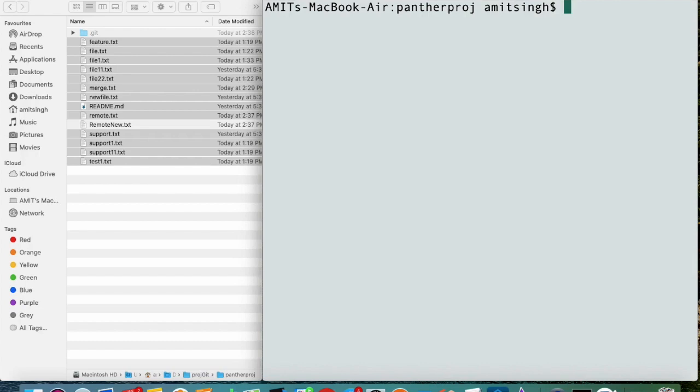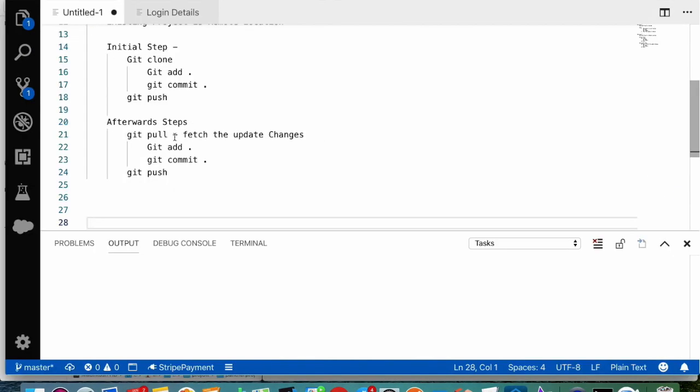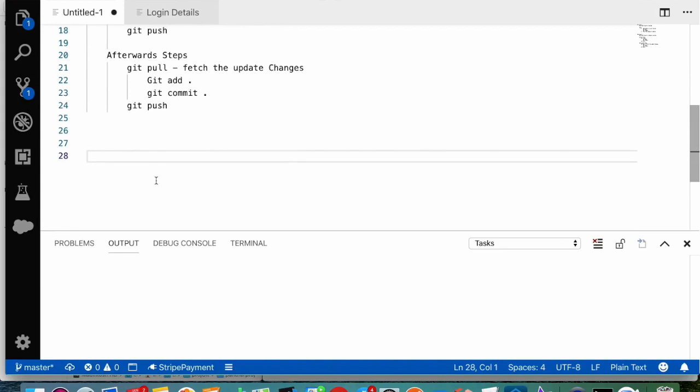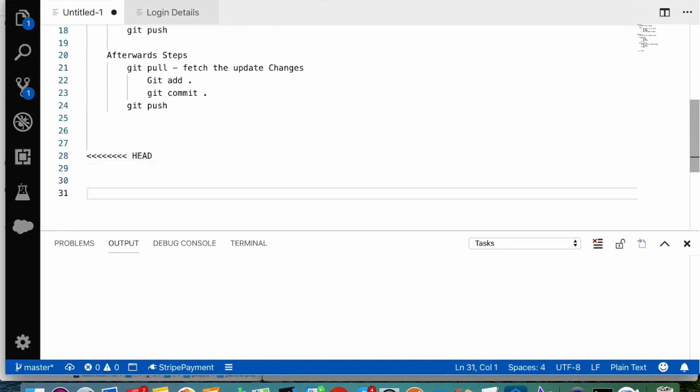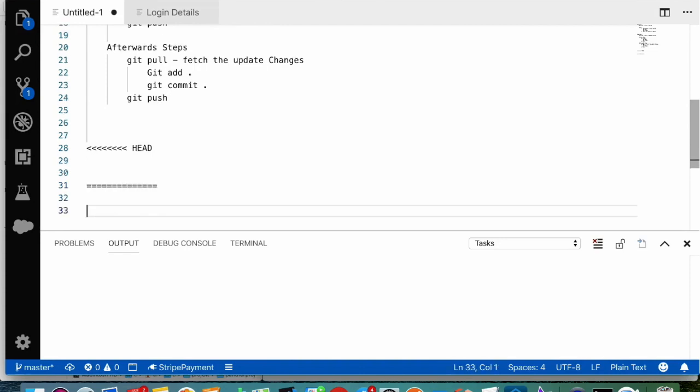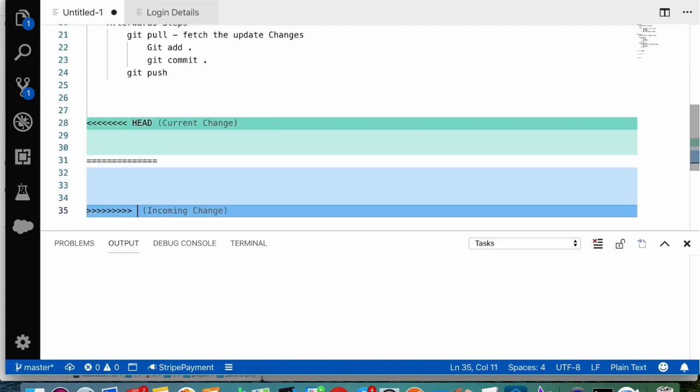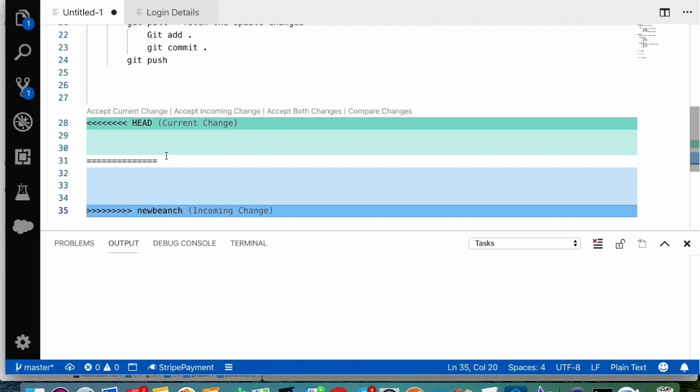So again, you will get some unusual lines, and the equals line will be a divider for you. So let me open up the PDF page so that we can show you here. So you will get something like this. This is the head and this is a divider for your conflict, and you will get this like so. Whatever you get between these two, here you will get the changes,